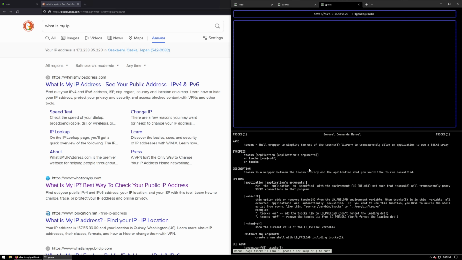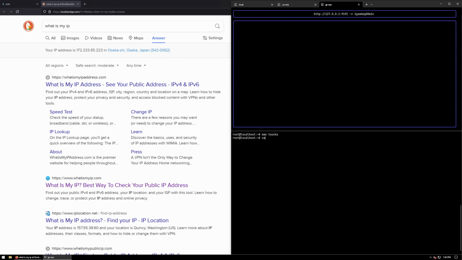Tsocks is a wrapper to simplify the use of the SOCKS library to transparently allow an application to use a SOCKS proxy. So what I believe it does is it intercepts calls to the C library on Linux. And I believe there's a Macintosh version of this also. It intercepts calls to the C library that are trying to open sockets and then forwards them to go through a SOCKS proxy instead. So there's a config file for it. So if we do cat tsocks.conf,